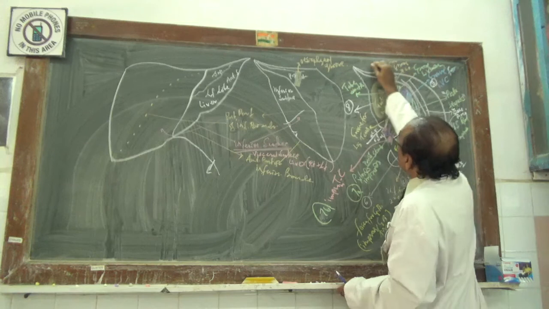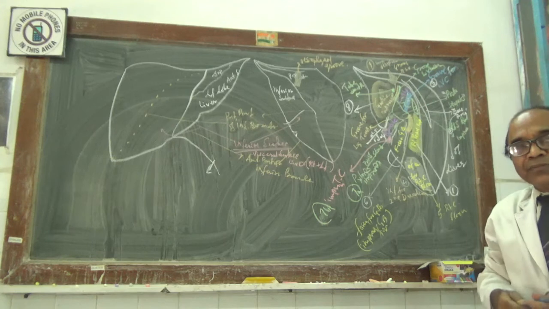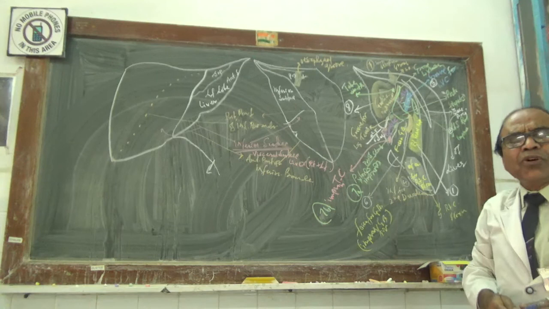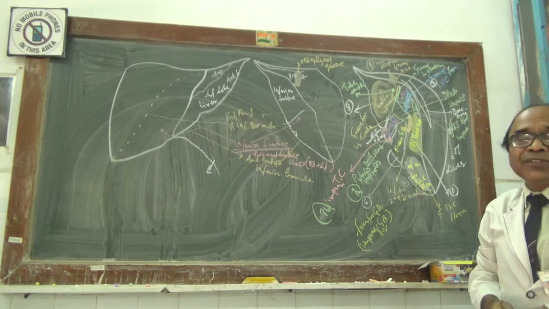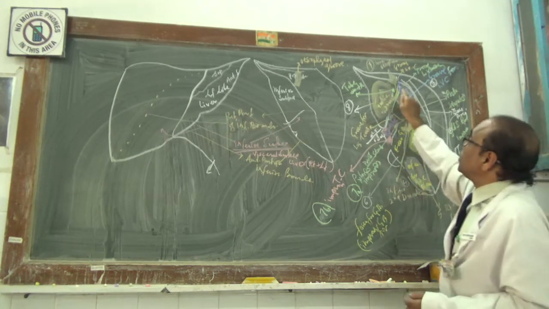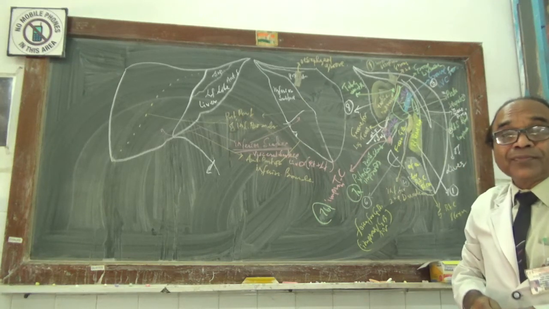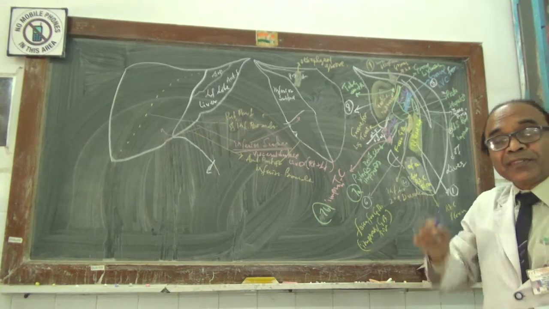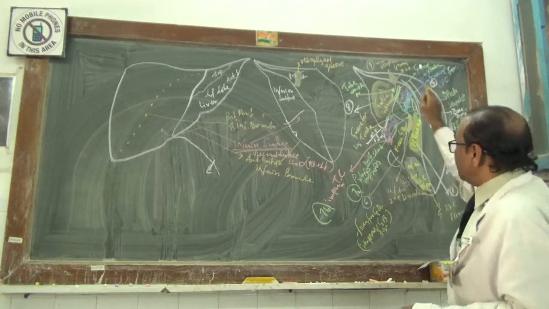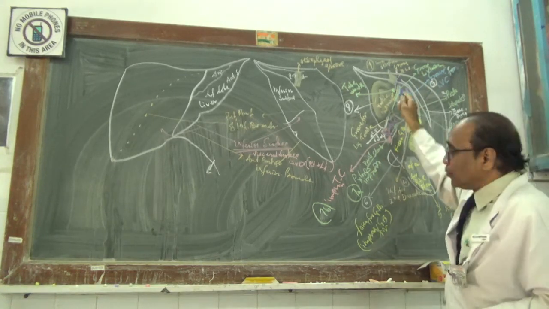Now you have the ninth, the esophageal impression. The esophageal impression is present on a small portion of the inferior surface of the left lobe of the liver, but the majority of its portion will be on the posterior surface of the diaphragmatic surface of the left lobe of the liver. It is almost all longitudinal. This impression is made by the anterior surface of the abdominal part of the esophagus.